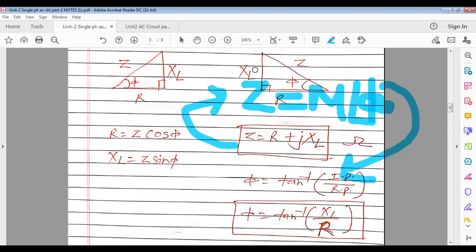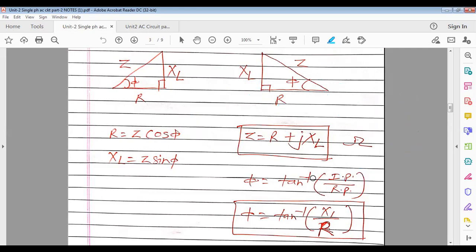So directly, if in an exam or in any numerical impedance is given to you in terms of magnitude and angle, whatever the angle given, it is nothing but the phase difference between total voltage and total current. So directly take cos of that and you will get the power factor. Got it? While solving numericals, sometimes impedance is given in polar form, so directly you can take the cos of the angle and you will get the power factor. And if it is given in rectangular form, then phi is equal to tan inverse of imaginary part